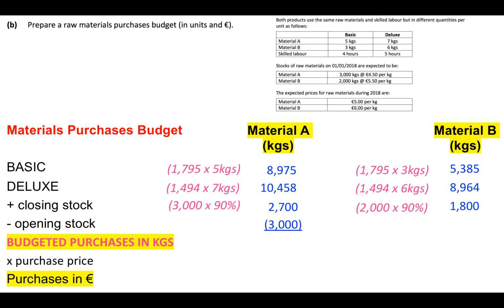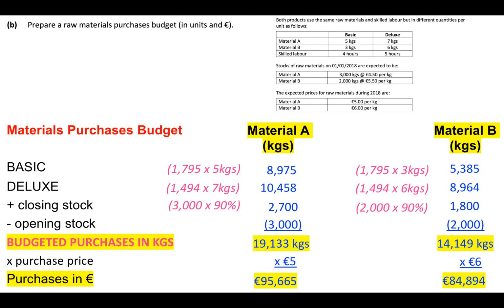So we're going to minus the opening stock, because we already have that in the warehouse. We already have that bought from last year. So the budgeted purchases in kgs: we need to buy material A 19,133 kgs, and material B we need to buy 14,149 kgs. We multiply that by the purchase price, so €5 per kg of material A and €6 per kg of material B,